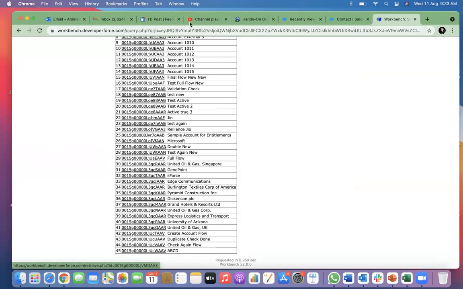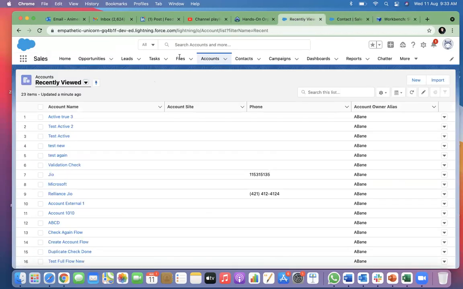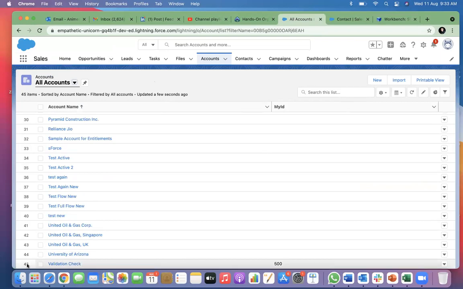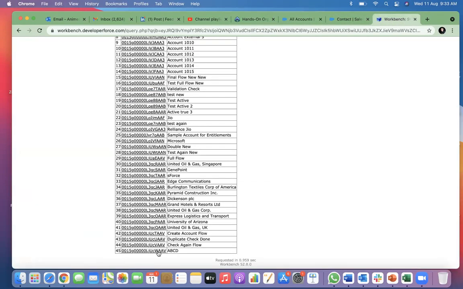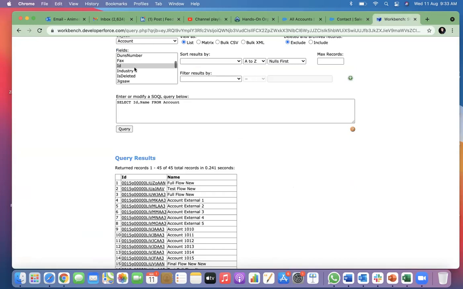45. Same. I have 45 accounts here. I can see 45 accounts here. There are other fields. I can export that, but no need to export it.